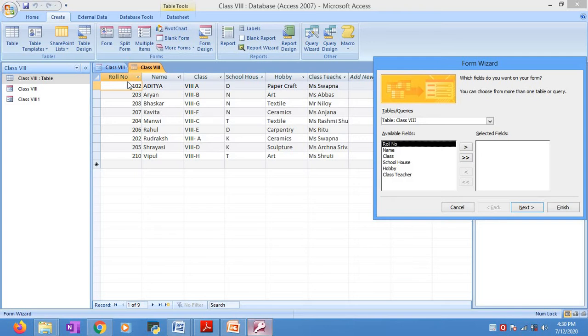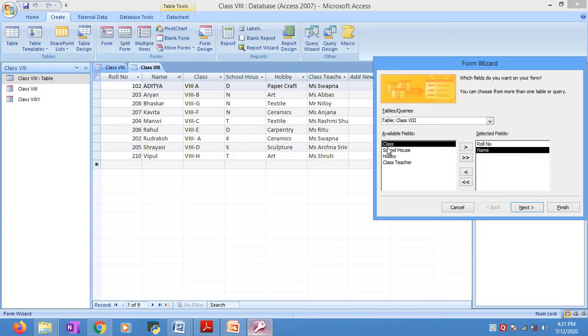Now see, roll number, name, class, school house, hobby, class teacher, and so on. So all these fields are here. In the form, what fields do you want to see? See, if I want to see the roll number, I'll click on the roll number and press these keys, or double click on the field, and it will automatically shift towards the right side.